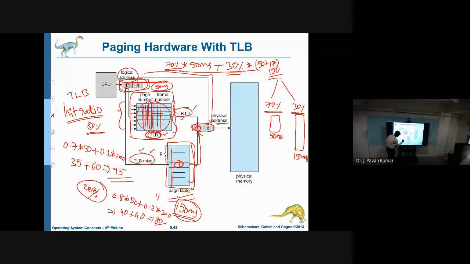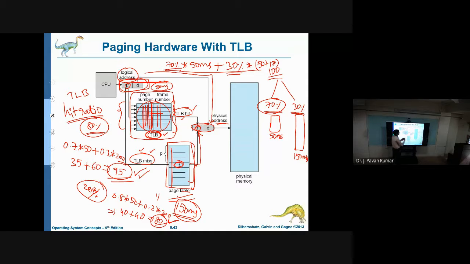Now from these two, you can observe the hit ratio. Earlier we considered a hit ratio of 70%, and the average access time was 95. When we consider a hit ratio of 80%, the average access time is 80. That means whenever the hit ratio is higher, the average access time is lower.